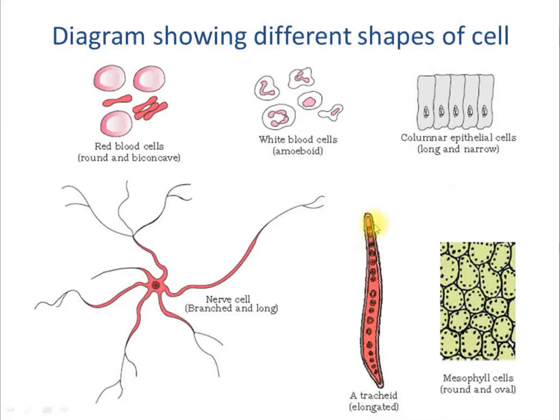Also check that it has one more layer, right? Here you see only one covering, that is the cell membrane, while here there are two layers: one is the cell membrane, the second is the cell wall, right? That's a difference between an animal cell and a plant cell: plant cells, in addition to the cell membrane, have one more protective layer, and that is the cell wall. So there is a prominent cell wall present in a tracheid, and this cell wall is a lignified cell wall.